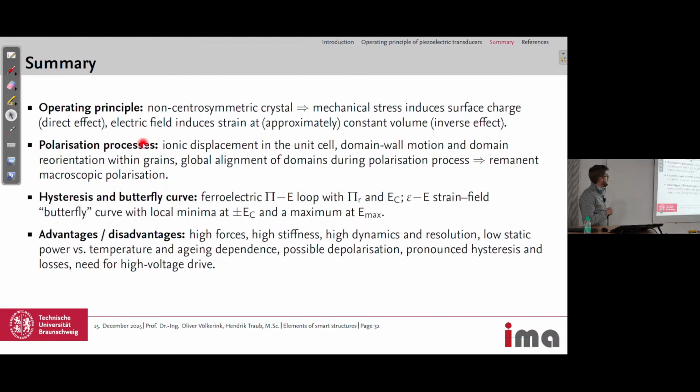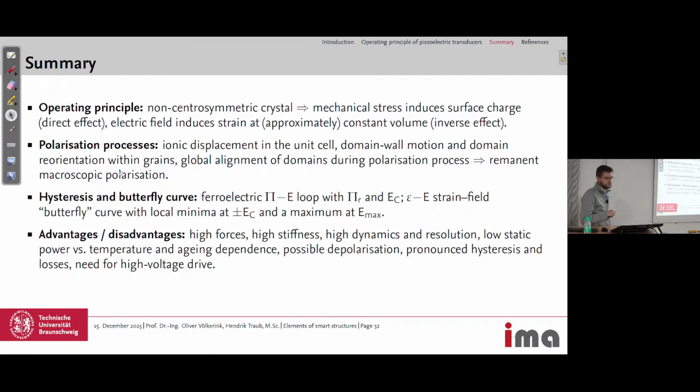We need the polarization process after we have cooled down below Curie temperature. So the ionic displacement in the unit cell, domain wall motion, and domain reorientation within the grains. The global alignment of domains during the polarization process leads to the remanent macroscopic polarization,